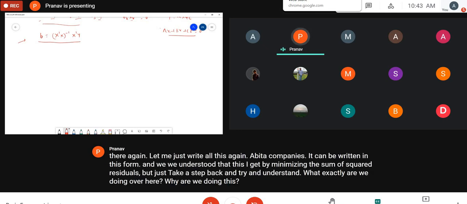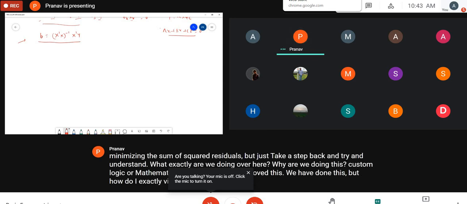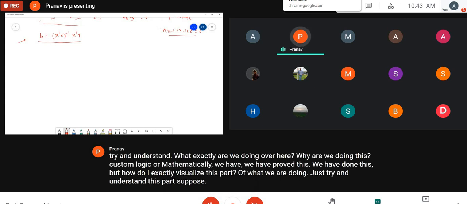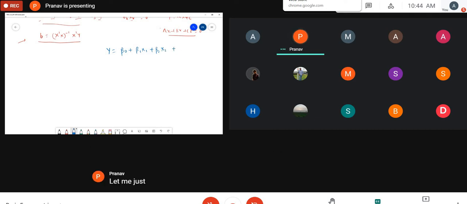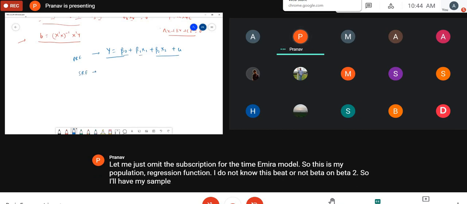कुछ तो लॉजिक होना चाहिए, and mathematically we have proved this, we have done this, but how do I exactly visualize this part of what we are doing? Just try and understand this part. Suppose मेरा मॉडल है, let me just omit the subscript for the time. ये मेरा मॉडल है. So this is my population regression function. I do not know this beta naught, beta 1, beta 2, so I'll have my sample regression function, which can be written as